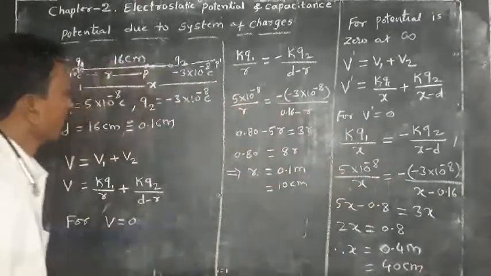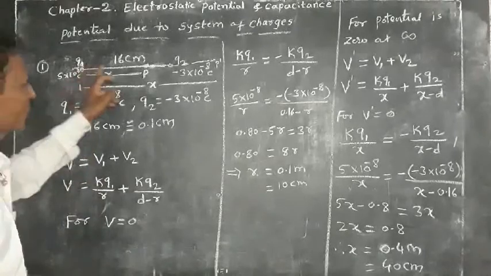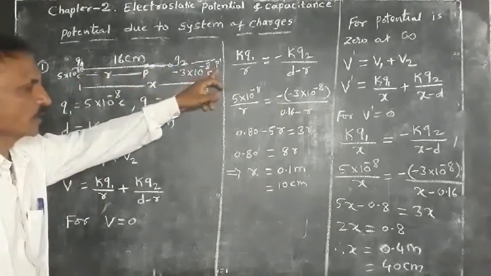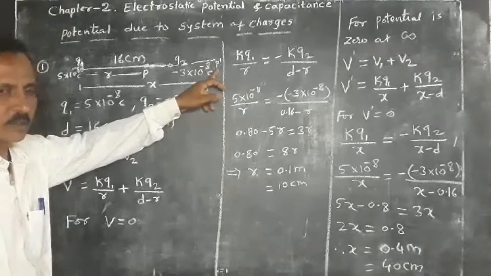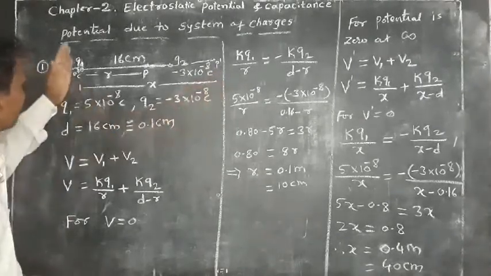Hence, potential at a point outside the system is 0 at 40 centimeter from Q1,